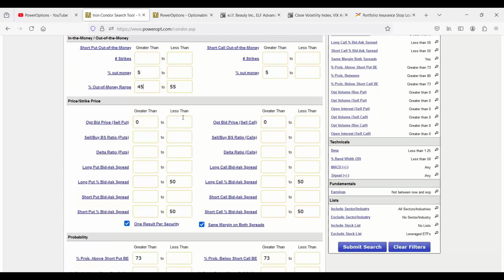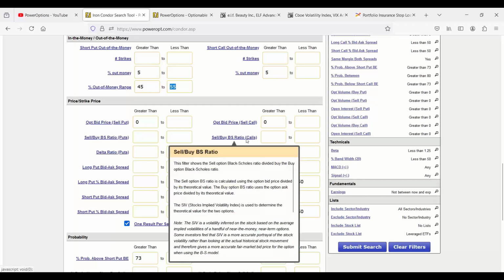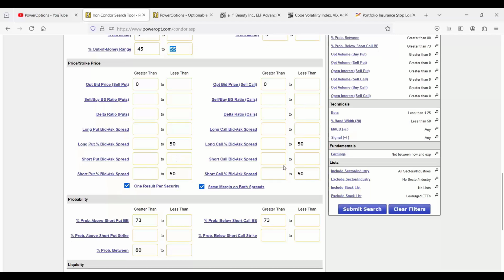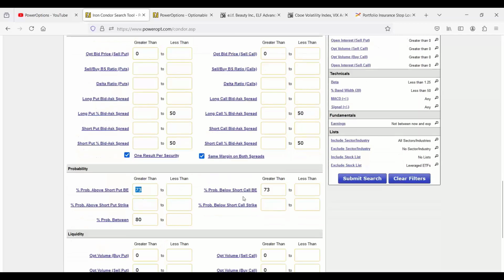But if I wanted to open an Iron Condor, but I thought the market was going up, I might only sell a bull put credit spread on the Iron Condor side that's only 2 or 3% out of the money, and the call side might be 8 or 7% out of the money, for example. You can do that with just the out of the money ranges or with the percent out of the money range as well. Bid price, delta ratios, bid-ask spread limitations,